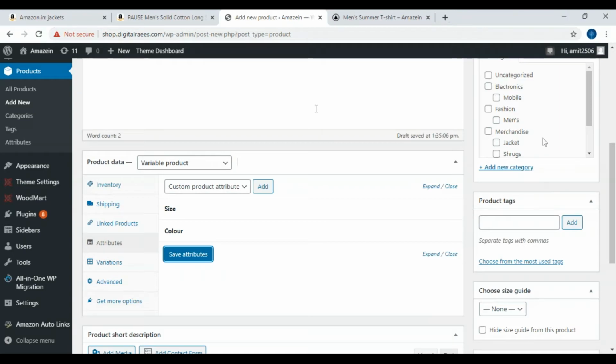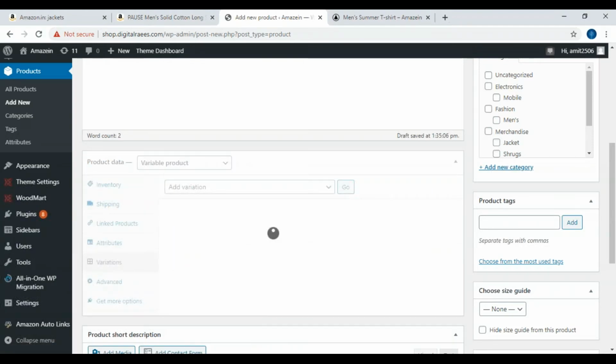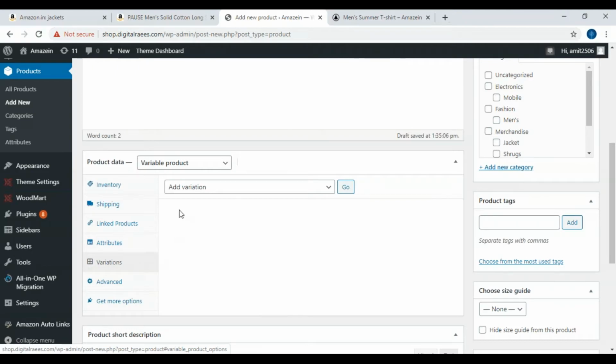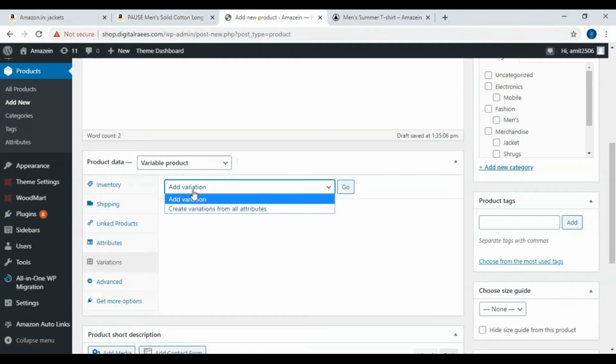So once my attributes are done, I go to variations, and on variation you have to remember that here you will see add variation. So I have to click and I have to click on create variations for all attributes. So if you are just clicking on add variation, then what is going to happen? If you click on go, it will create only one.